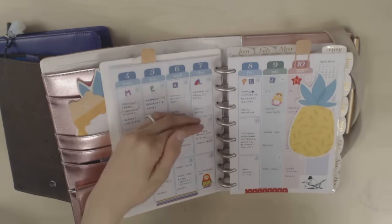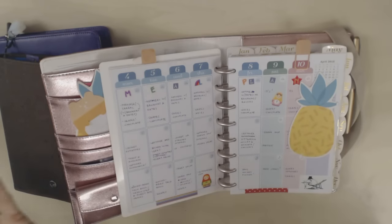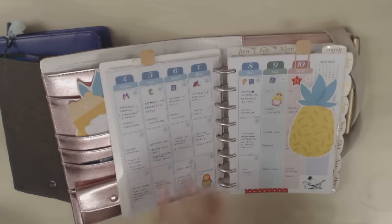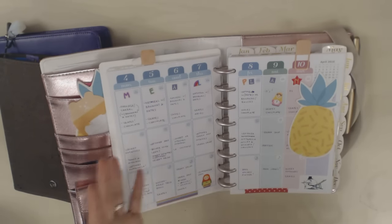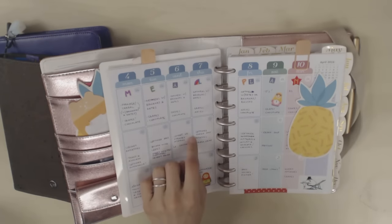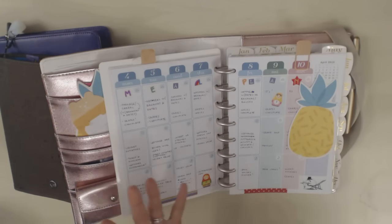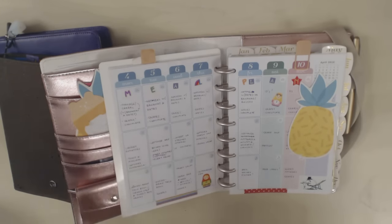as opposed to meal tracking, which felt like it was taking a long time, because every time I had something I would have to write it down, and then I didn't even use it for anything anyway. So it doesn't take very long to do, and then the whole day is just set out, and if we have leftovers, I'll say leftovers for lunch, and then I remember, and the planner is telling me to have it, and so I'm like, okay, I'll have that and I'll use it up,